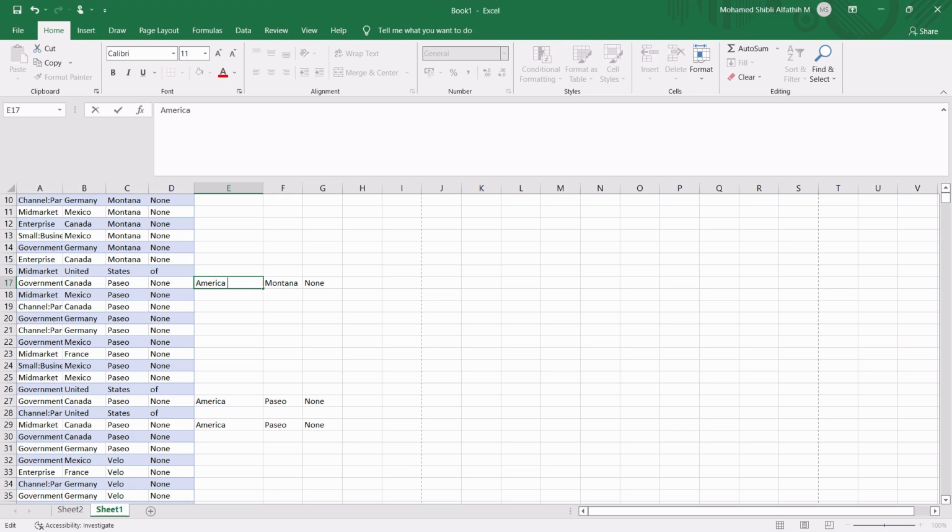Okay, and just hit F2 on your keyboard or double click from your mouse so that it'll automatically start appending to your cell. Okay, and also what if you want to enter multiple lines in the same cell? Not like if you press enter it'll go to the next cell, or if you press tab it'll go to the next cell to the right, or the next cell to the bottom. Okay, so in order to enter multiple lines, you can just press F2 or double tap on your cell